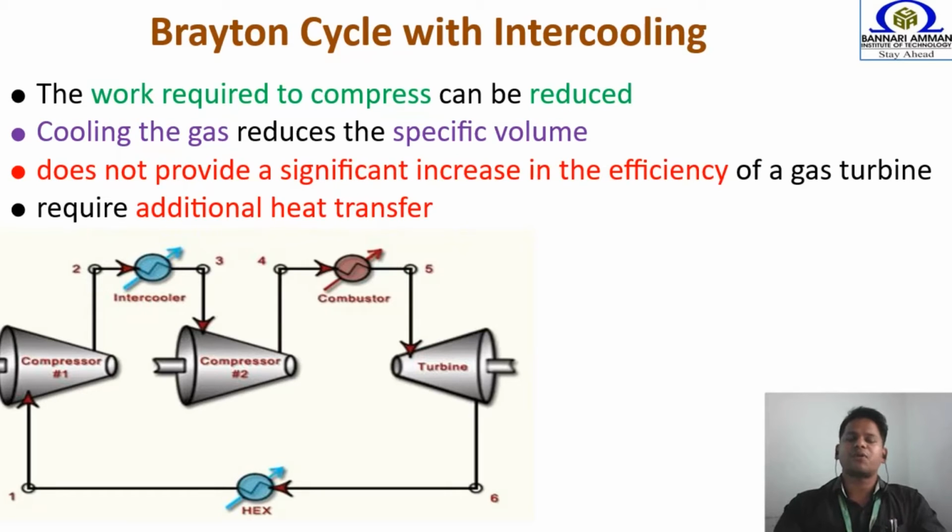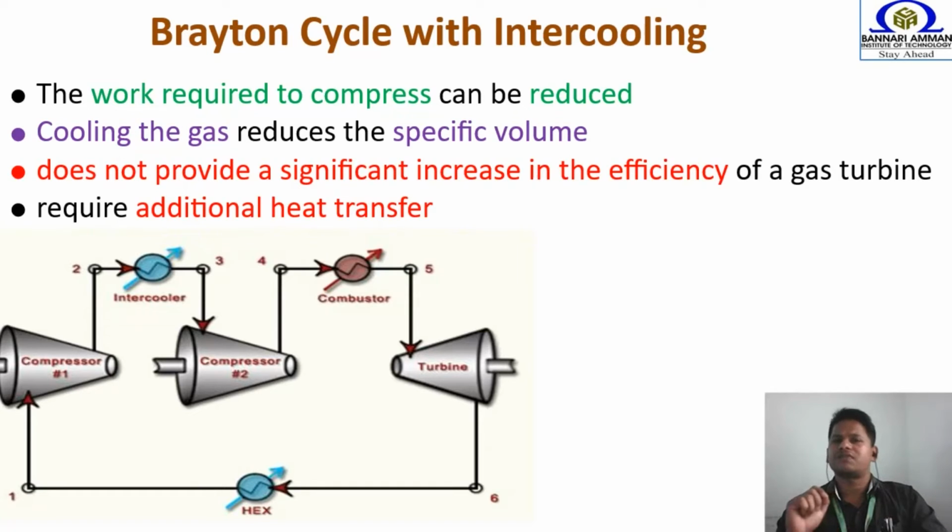Now the next very important point is whether the efficiency of the cycle is increased or not. That is the question. We have to be very careful while dealing with technical parameters like efficiency. The difference between the ideal Brayton cycle and the Brayton cycle with intercooling is the intercooler, which reduces the work input given to the compressor, so that instead of going for a 10 kilowatt compressor, you can buy two compressors of 7.5 kilowatt. Maybe one is about 3.75, and the other is about 3.75.